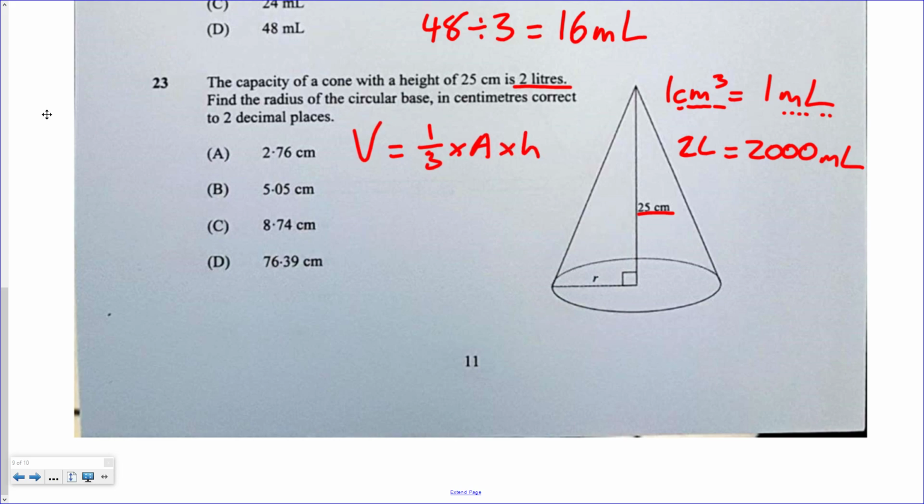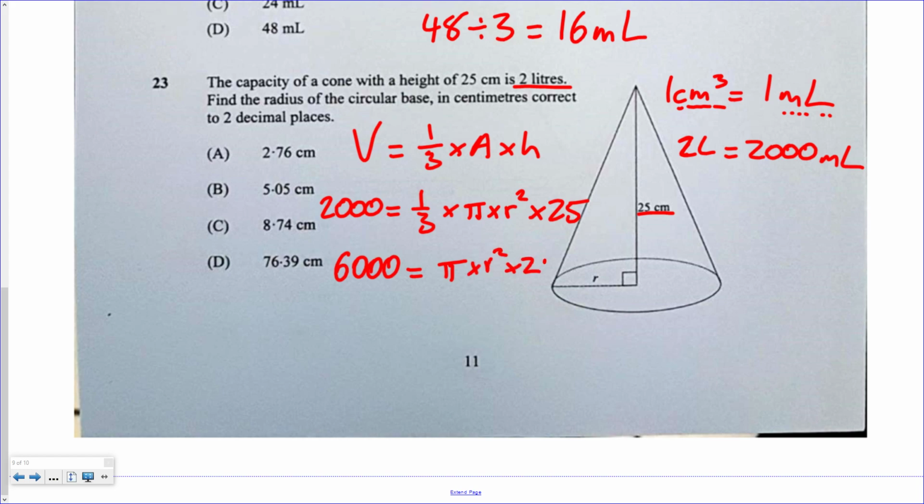So what we can do from here, well, we know that the volume needs to be 2,000, so we'll have 1/3 times the area of the base. The area of the base is just a circle, so it'll be pi times r squared, and then we're multiplying it by the height, which is 25. And so now we have this equation we want to solve. What I'll do first is multiply both sides by 3 to get rid of the 1/3, which gives me 6,000 equals pi times r squared